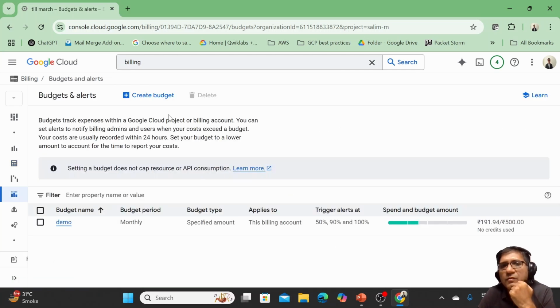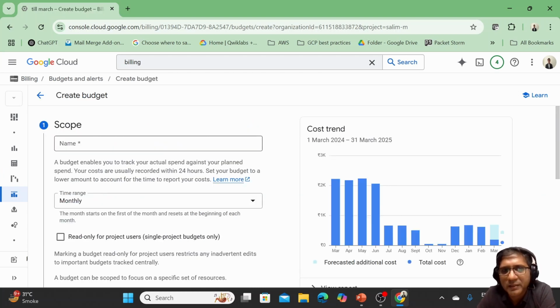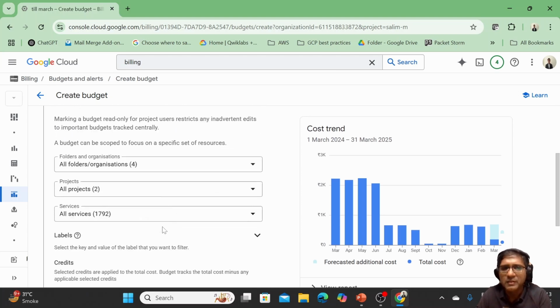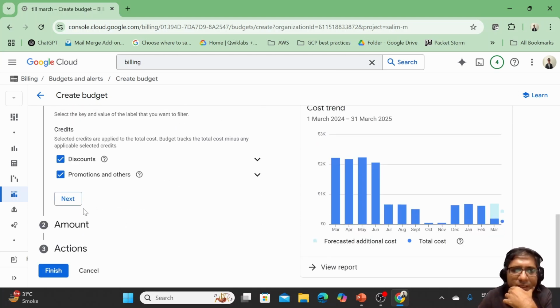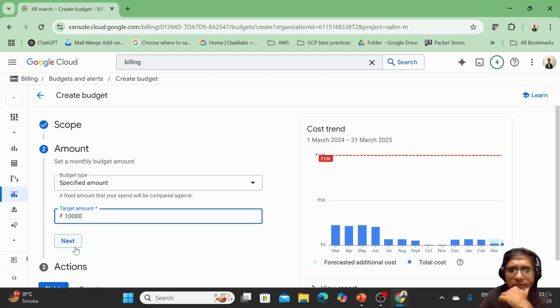Now we can create a budget. What a budget does is it helps us figure out that when we reach a certain cost for the month, it will send us a notification. I can create this and say that maybe I have a monthly budget to spend on GCP of maybe 10,000, and